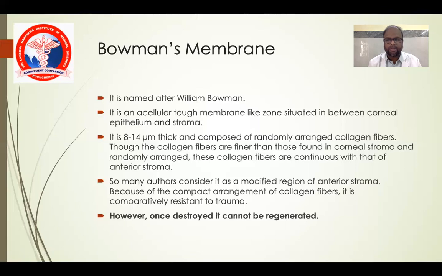Okay, it cannot easily be destroyed by trauma, but once it gets destroyed by surgeries or by traumas or by ulcers, it cannot be regenerated. Unlike the epithelial cells, where even after destruction the basal lamina has the capacity to regenerate them within 6 weeks, once the Bowman's membrane is destroyed, it does not regenerate, and what we get is a scar, the corneal scar. The scarring of the cornea results.